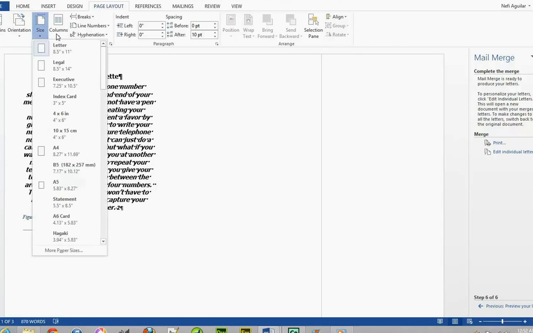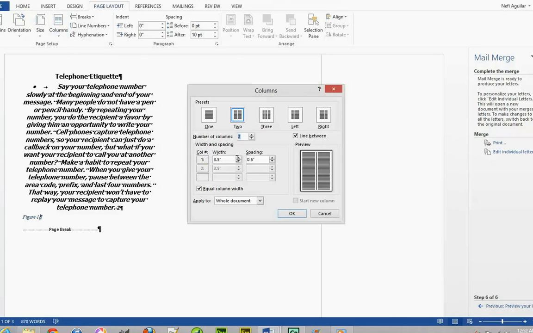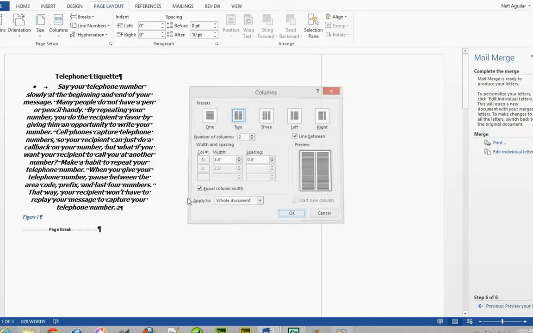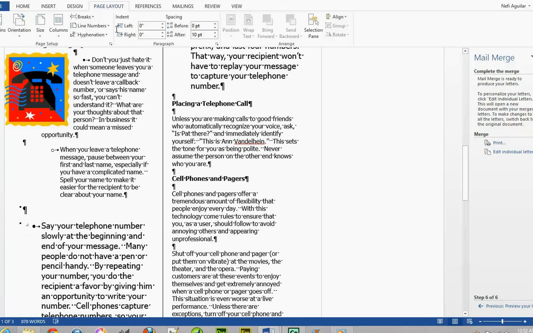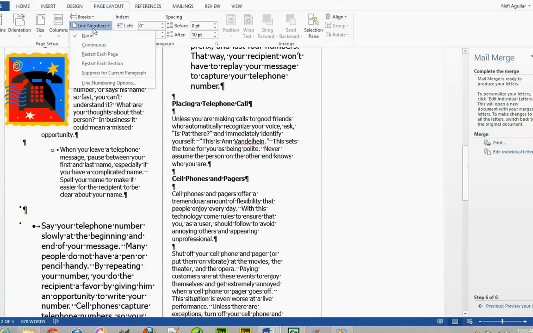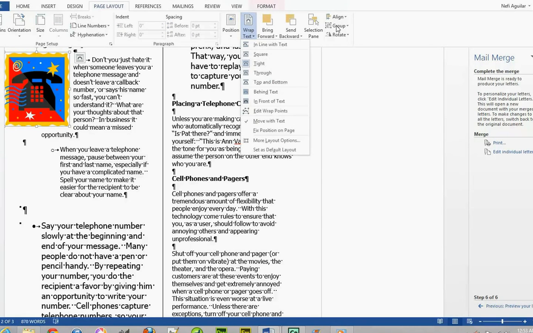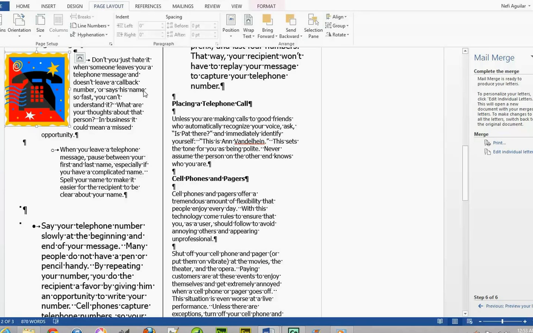I'm gonna go back and change that because I did not add the line in between. Silly me. Oh yes, I did. I just don't. Yeah, right there. And you have your breaks. Your different types of breaks there. Your different types of line numbers, your hyphenations, automatic or manual, indentation, your wrap text for your image, different wrap text, and for your picture tools